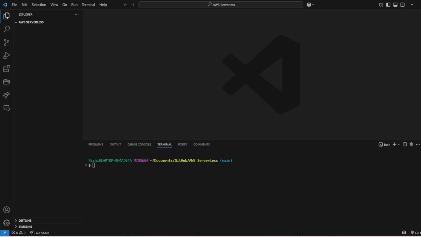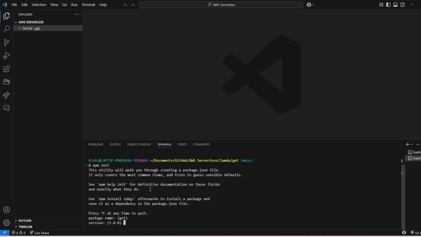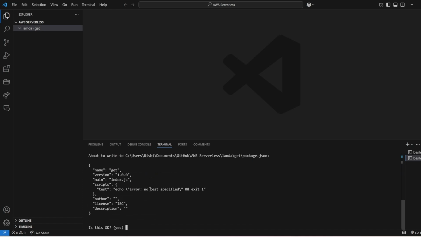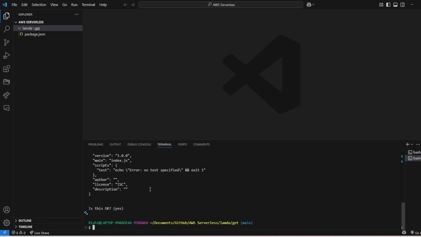So let's head over to Visual Studio and create one folder named Lambda, and then one more folder inside that. Let's call it Git. Then navigate to that folder, so Lambda and then Git. There we will initialize npm. Everything I will leave default, and then